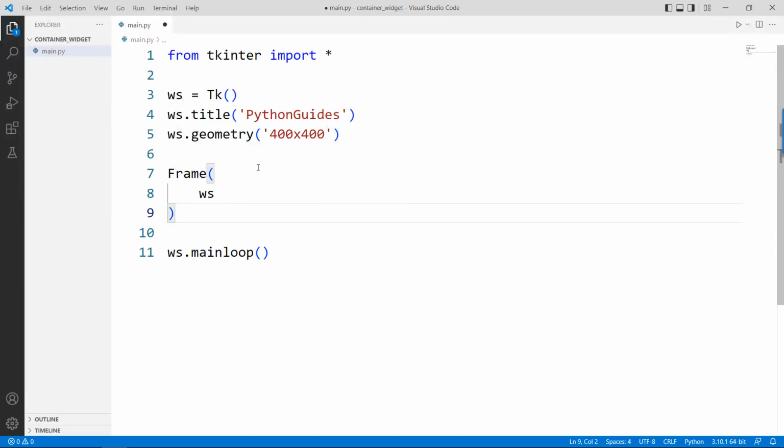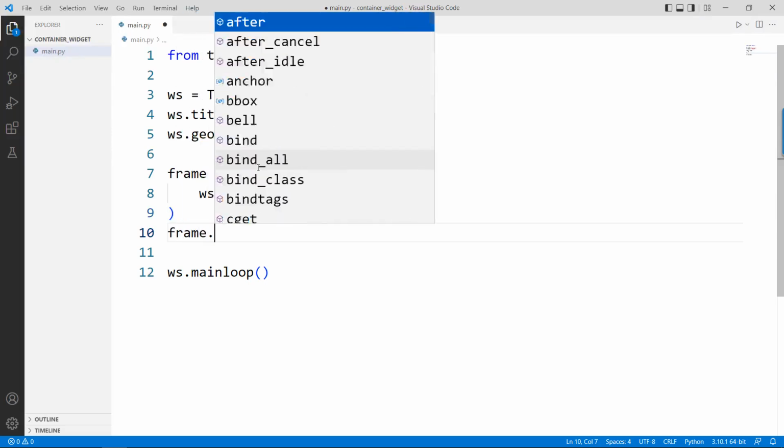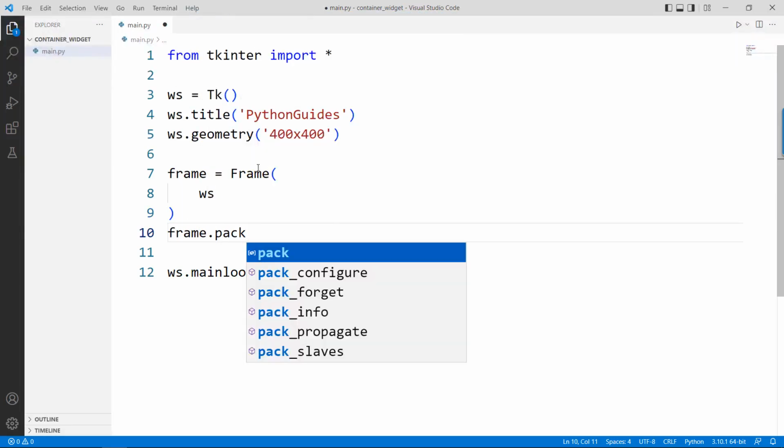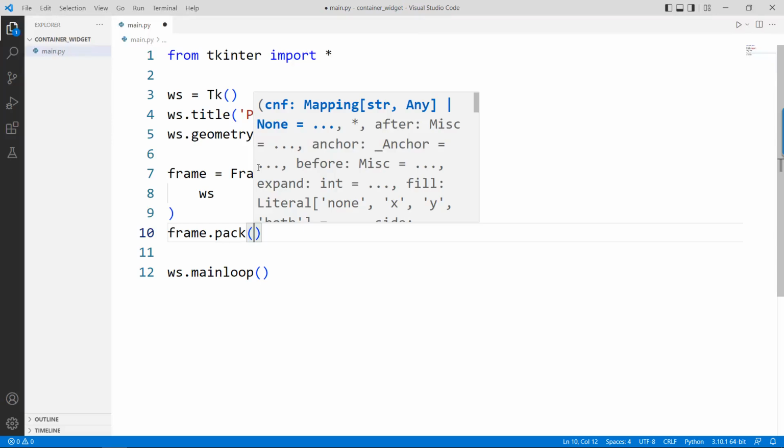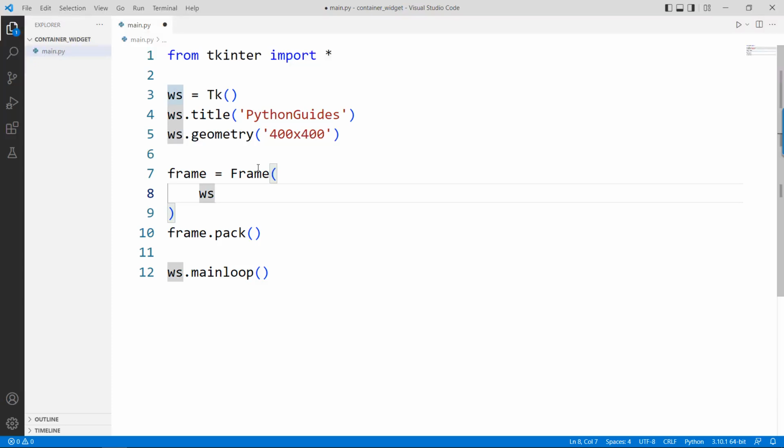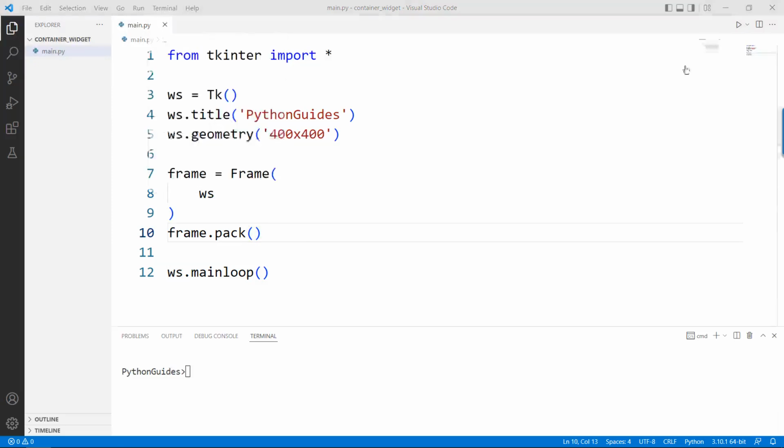In order to use it, we have to put it inside a variable. So let me give it a short form, frame, in lowercase, so it is different from the keyword. And now I can use any geometry manager. If you are using any other geometry manager, let's say place, then in that case you have to provide the height and width of the frame as well. So if I just run it,